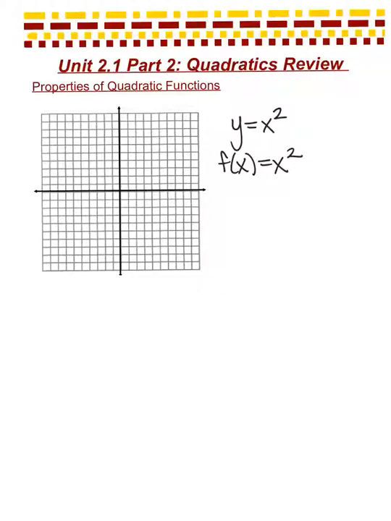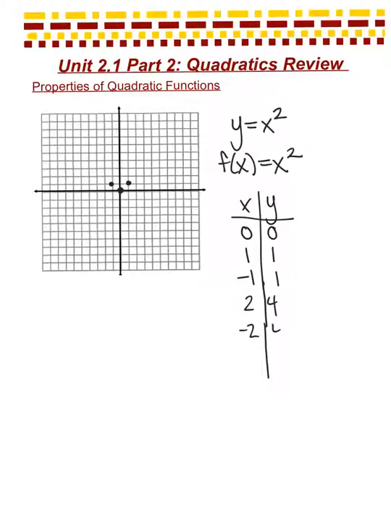The graph is a parabola. If I were to do a little XY chart, I can remember the point 0, 0. If I plug in 0, it returns 0. If I plug in a 1, I get a 1, or if a negative 1, I get another 1. So we're going to those 2 points. If I plug in 2, I get a 4, or a negative 2, I get a 4,